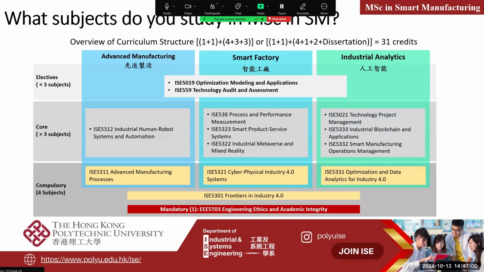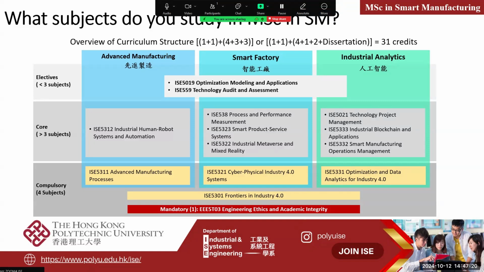It's an immersive system. We usually use this kind of system to give training for future workers. So we are not the guys working in the factory. We are the guys to empower the factory, to develop the factory, and also to design the factory. This is this course, and it's a very interesting course.